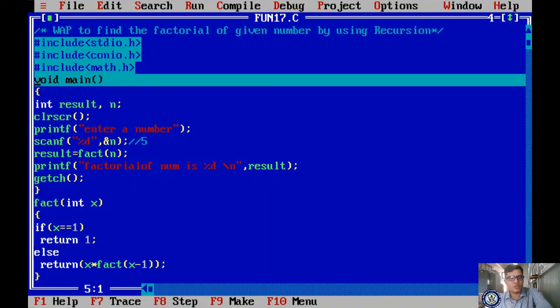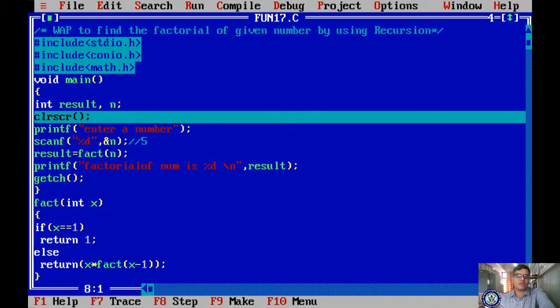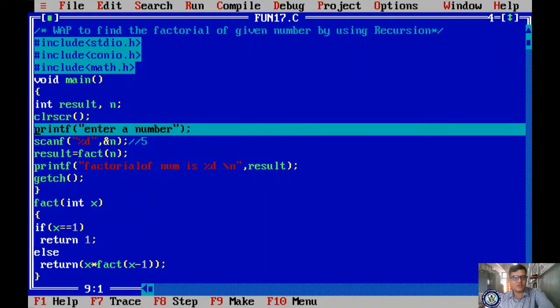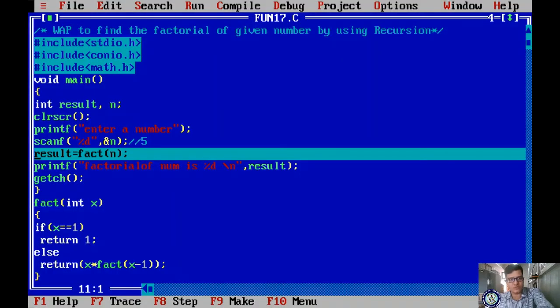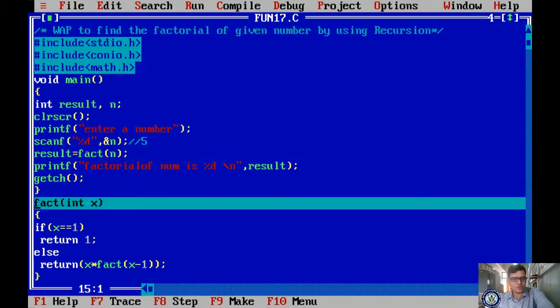So your program starts from the main function. Whatever the variable declarations are, they are initialized, and it starts by asking for an entry number. Now I am entering the number 6. I want to know what the factorial of 6 is. Let me check it. Once the function is called, it will come to the function body.